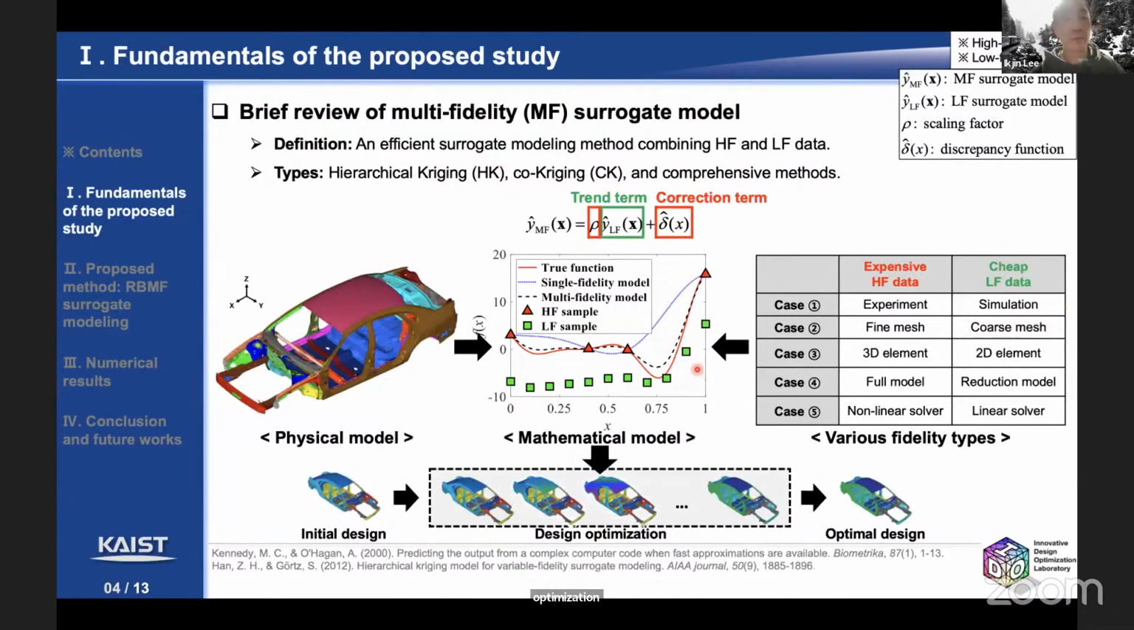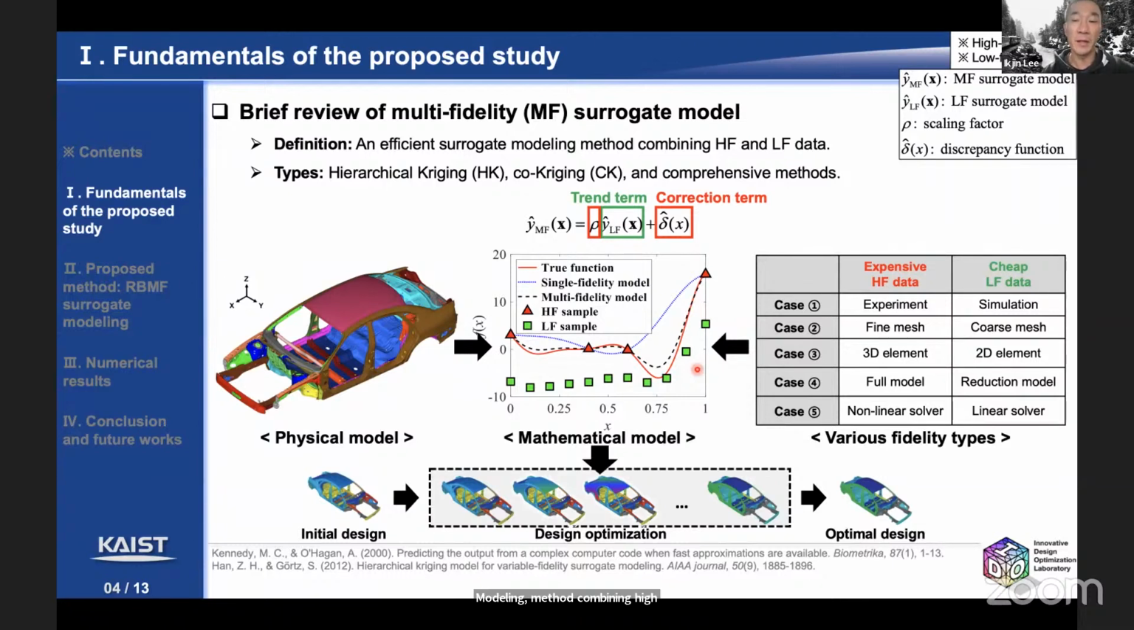And let's briefly review a multi-fidelity surrogate model. The previous surrogate model explanation uses a single fidelity, or single data source, to generate a surrogate model. If multiple fidelity data exist, then we could generate this surrogate model using these multi-fidelity data sources. The definition of this multi-fidelity surrogate model is an efficient surrogate modeling method combining high fidelity data and low